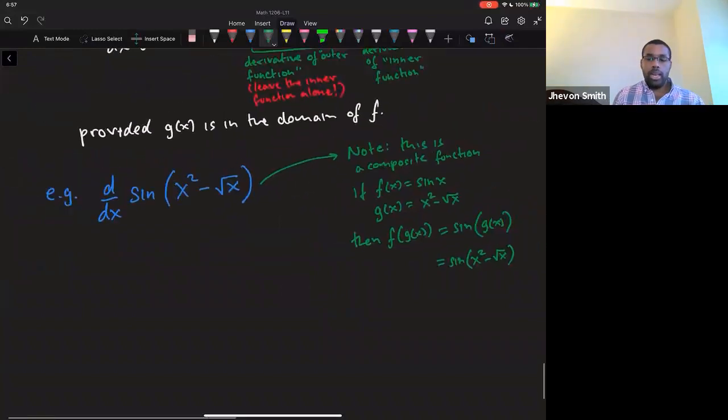Right? So that kind of shows you that this is a composite function, right? So it's not just sine of x, it's sine of a whole function. And so would you differentiate something like that? Okay. Now, this would give us,